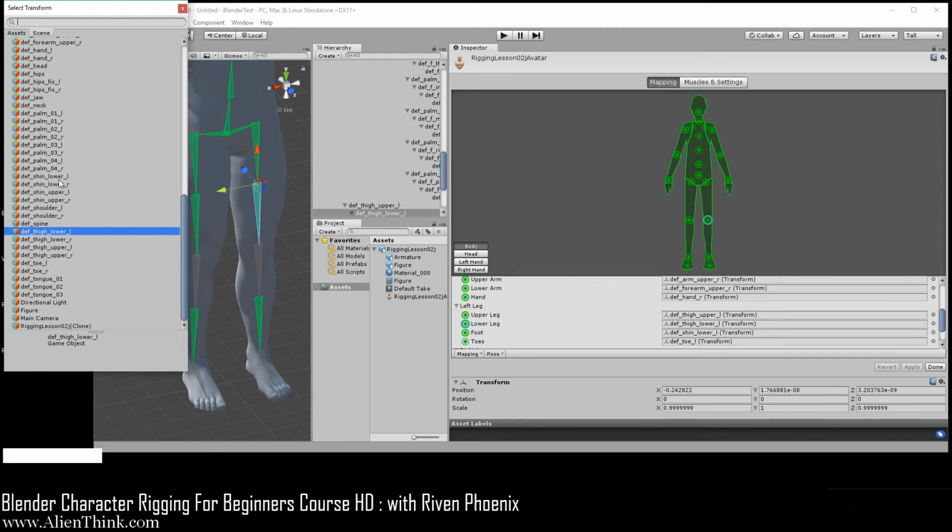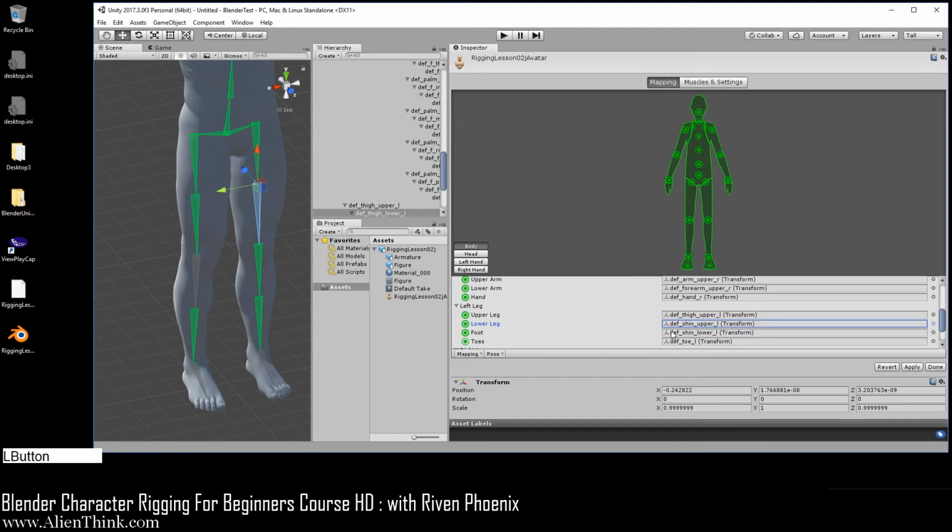Here it is. This is dev dot shin dot upper. This is the one we want. Okay, so here we're just going to click this. Actually, I think you can just double click it, and this is correct. This is the shin dot lower.